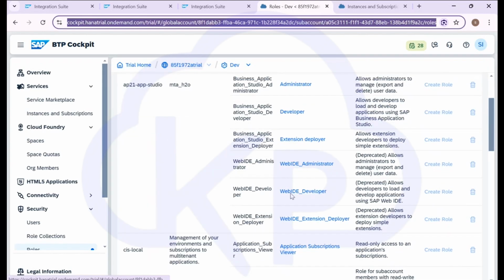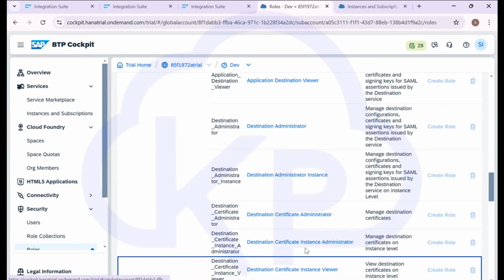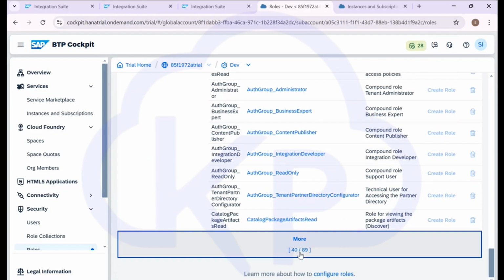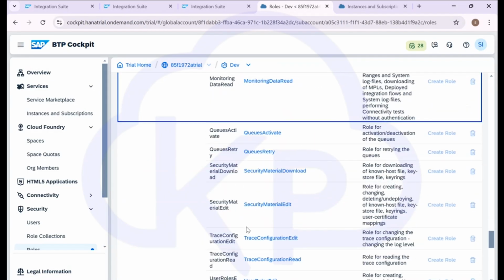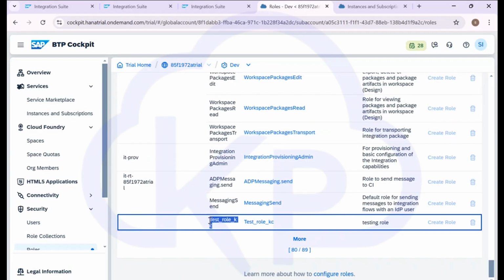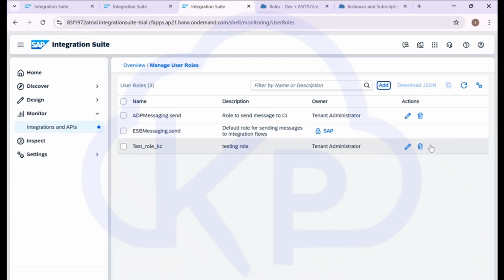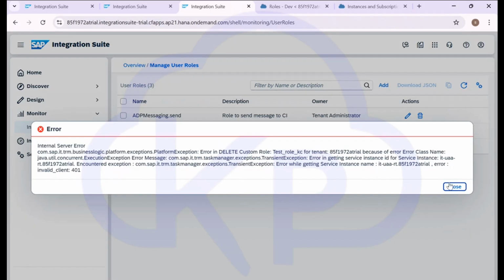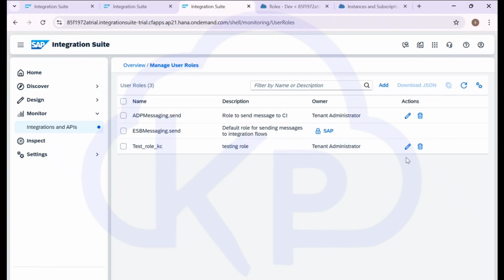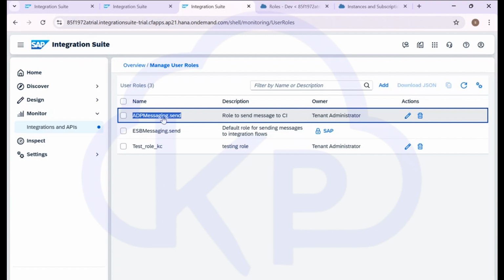Since it's a big list, you have to click on more, come down, further come down. Probably at last we will be able to see it, right? So the role has just been added over here. Now I'm just going to delete it, as I don't want to create any unnecessary information. Probably I can wipe it out later. But since I have already created a role as ADP messaging.send,